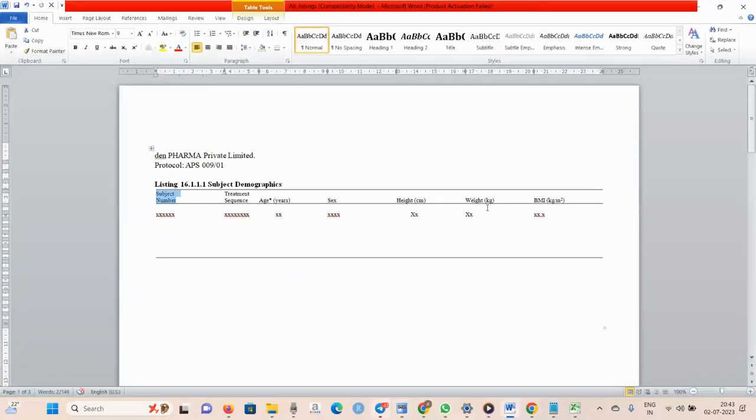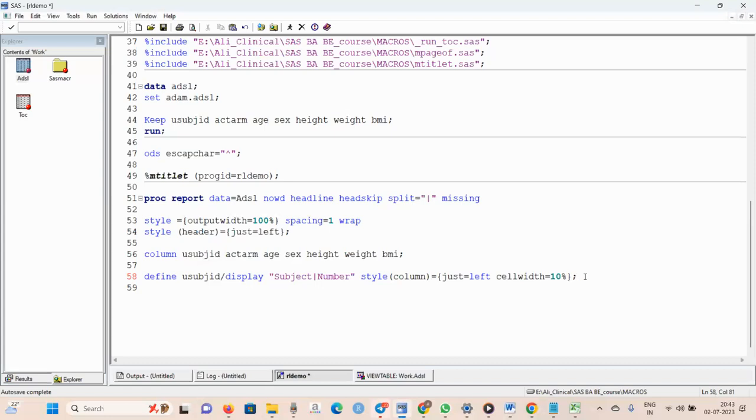If you find your columns are not fitting here, you can reduce your cell width, maybe 5 or 6. So it depends; you have to check. Once you run the report and get your report, then you check. Okay, the report looks good. There is no truncation. If you have a truncation, you need to reduce the cell width. But in the real scenario, everything is already written, so you just need to change the column, the unique subject ID and the title names. Those you have to change. Like that, you have to derive each and